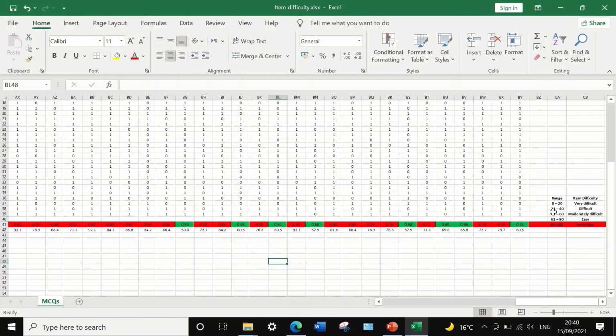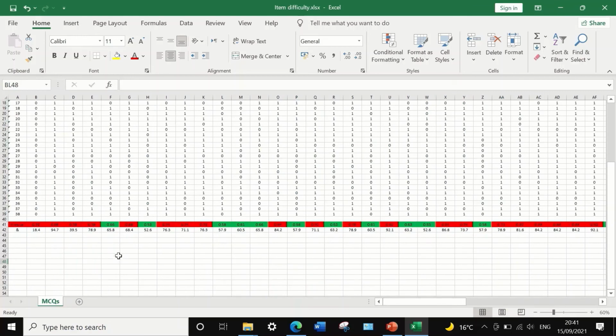From 20 to 40 is difficult. From 41 to 60 is considered to be moderately difficult. 61 to 80% is easy, and 81 to 100% is considered to be a very easy